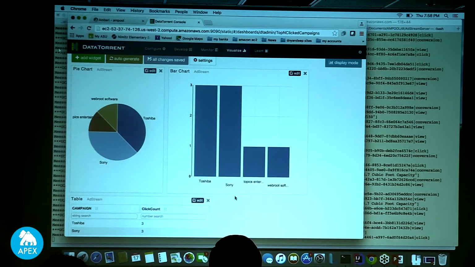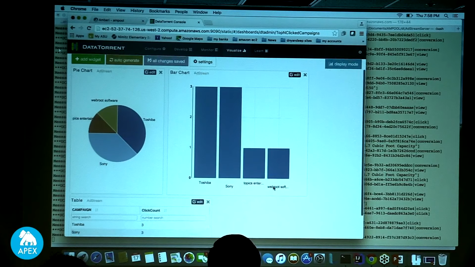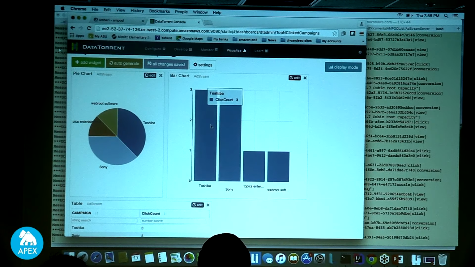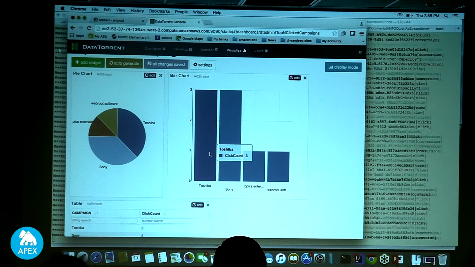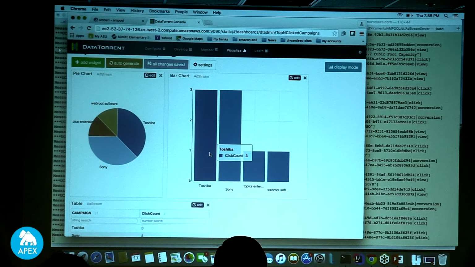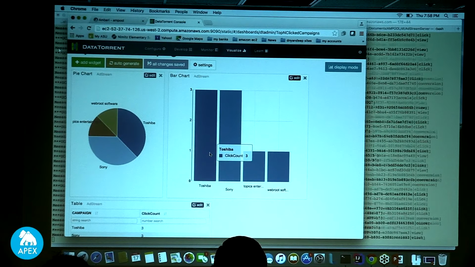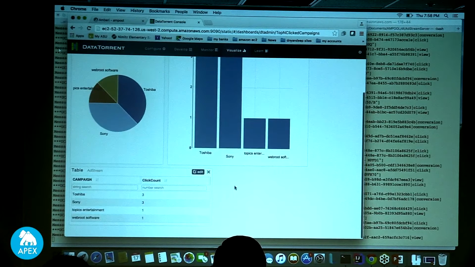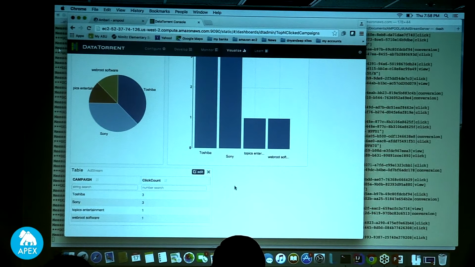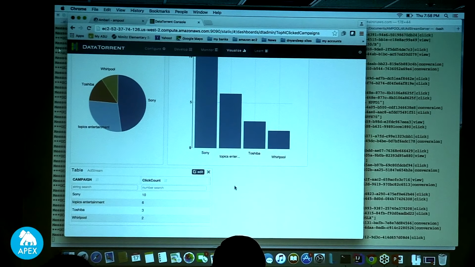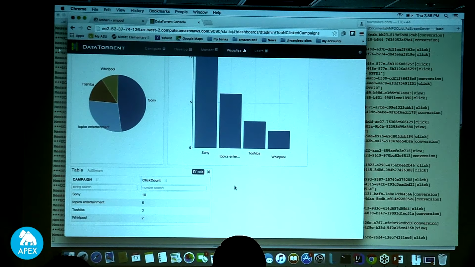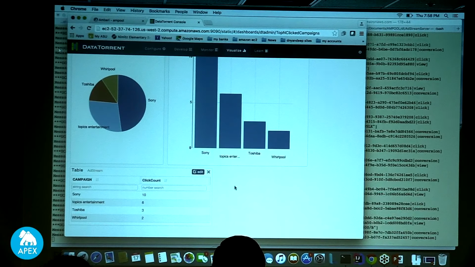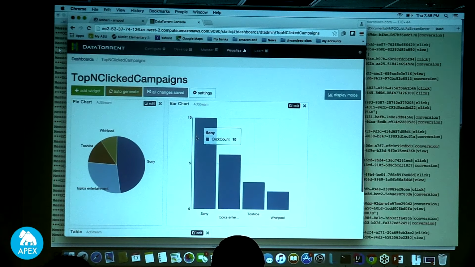Now in this window 4 campaigns have been shown, and typically for each campaign there are several events. Toshiba's 3 events have occurred. That means 3 ads were shown under Toshiba's campaign, and then they were clicked. So you can see this is running on real-time ad server log content and showing how things change. If you want to see the latency, actually it